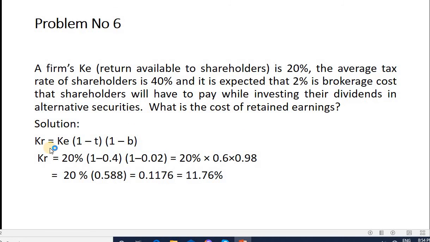So formula to calculate the cost of retained earnings is KE into 1 minus T into 1 minus B. K is 20%, 1 minus T, that is 40% tax rate, 1 minus 0.4, and 1 minus B, that is brokerage cost 2%, so 0.02. 20% into 0.6 into 0.98 is 11.76%. So students, this session is based